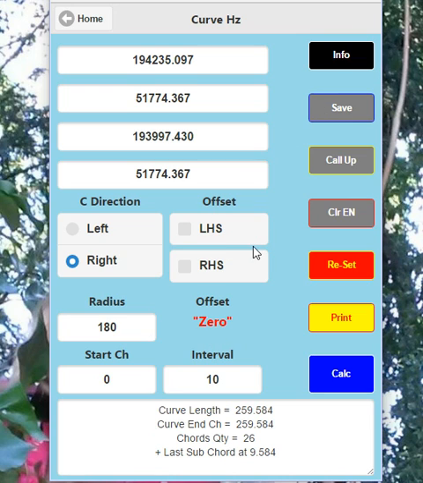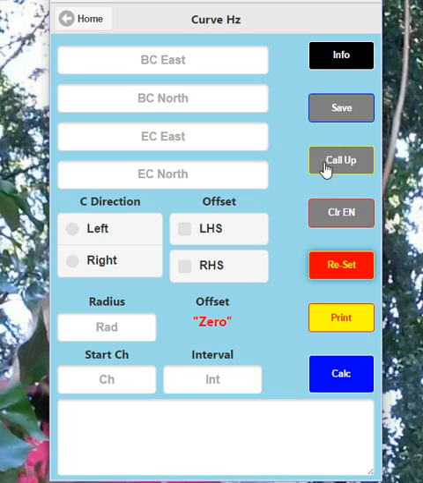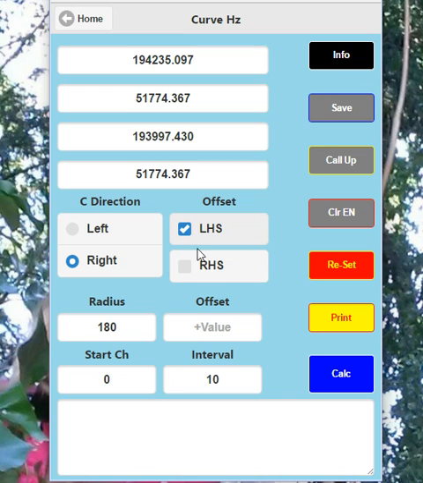And the other reason is because every time I want to do a new calculation, I have to reset, then call it back up. Now I can go and do the left-hand side offset. The simple reason is, if I didn't do that, because it saves information, it will save this information as well, and it will get jumbled up with the last lot, with the center line. So always hit reset, call up, and then if you want to do an offset, go offset here,